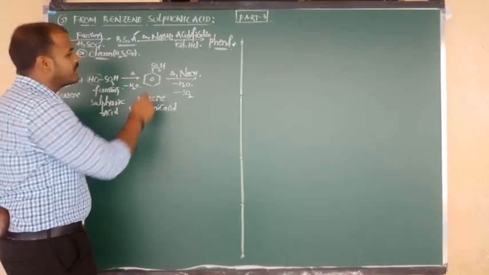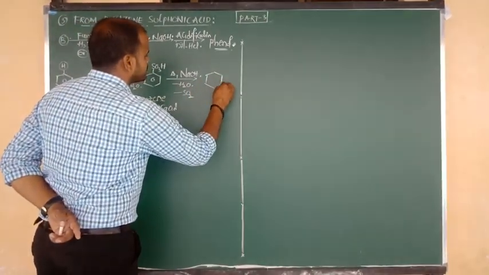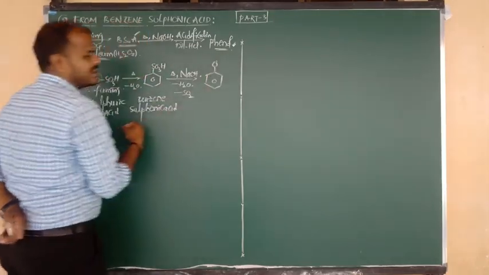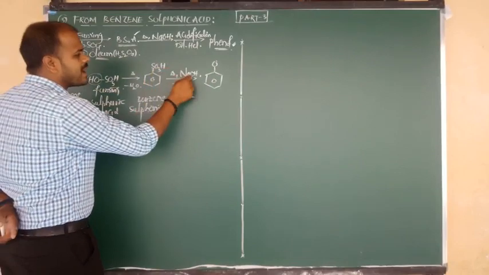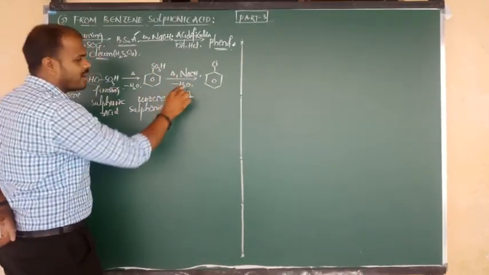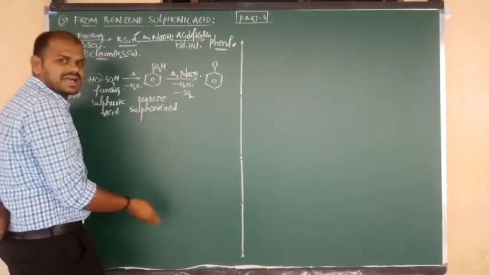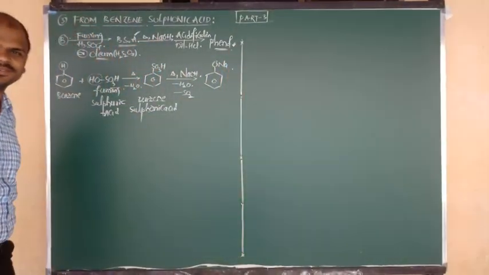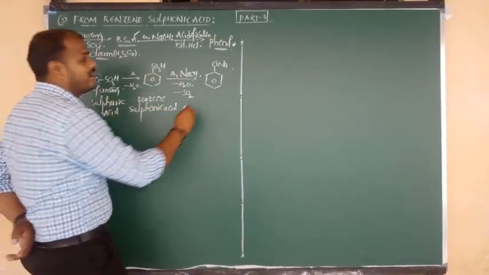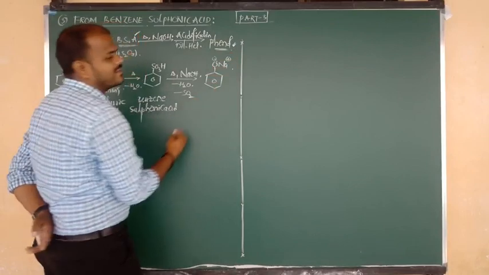Remaining one oxygen is there on benzene. SO3 changes into SO2, remaining one oxygen. H combines with OH and is eliminated in the form of water molecule. Next, O contains charge minus, Na contains charge plus, minus will attack plus. So this is your intermediate: benzene bonded to O minus and Na plus.